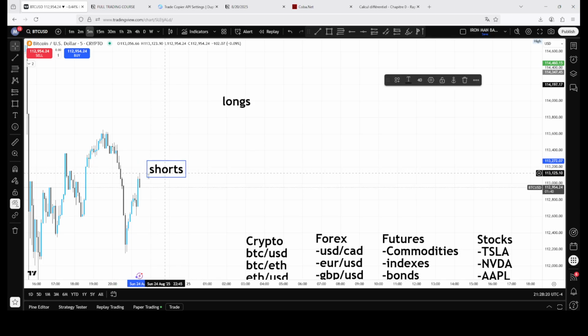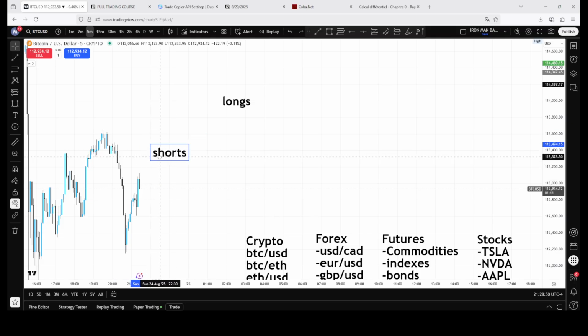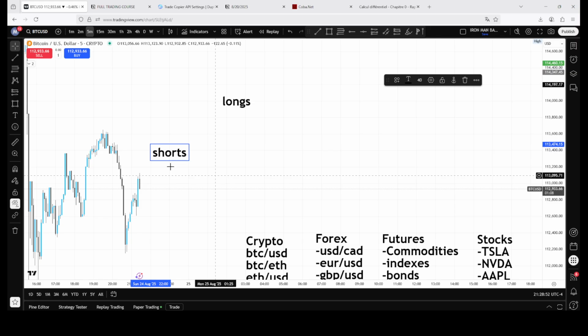What you're doing is borrowing a certain number of assets. I'm going to use Bitcoin because it's simple. Let's say you want to short one Bitcoin. What you're doing is you go to your liquidity provider, which we're going to talk about a bit later in the video, and you say, okay, I want to short a Bitcoin. So what the company is going to do is it's going to lend you a Bitcoin with the only contract being that you need to give back one Bitcoin, right? So what you're doing is you're receiving a Bitcoin at, let's say, $100,000. You're instantly selling it. The moment you receive it, you sell it,